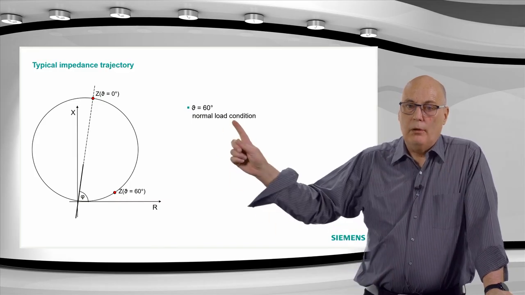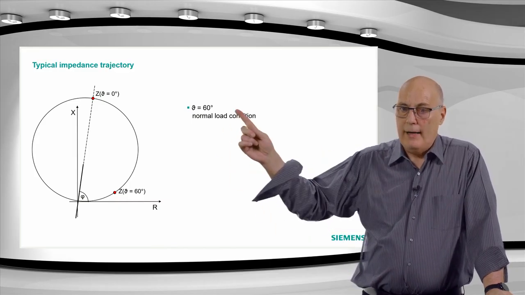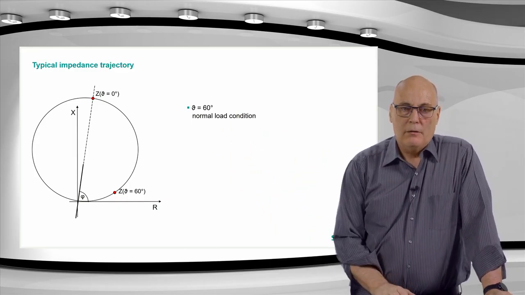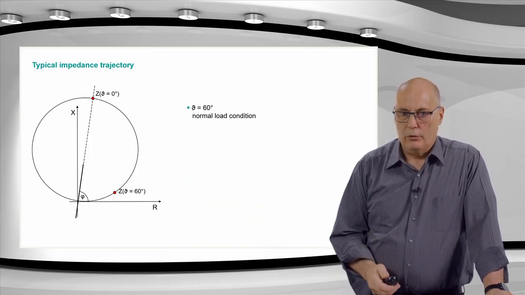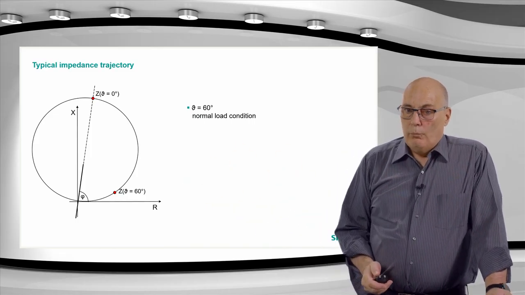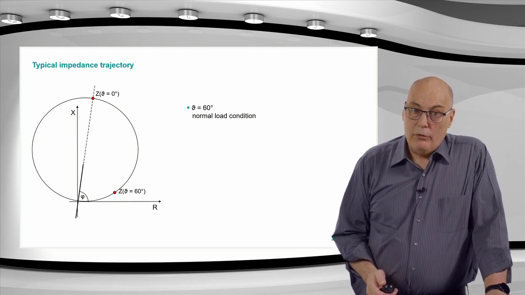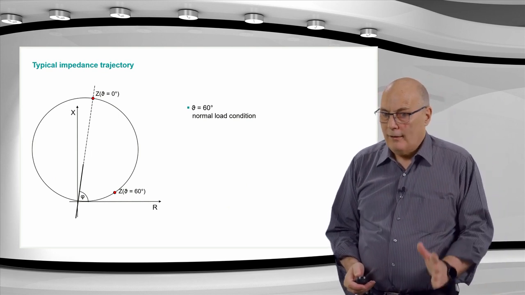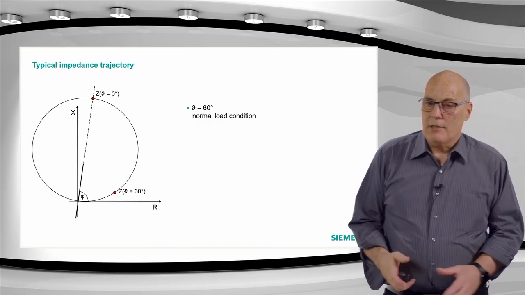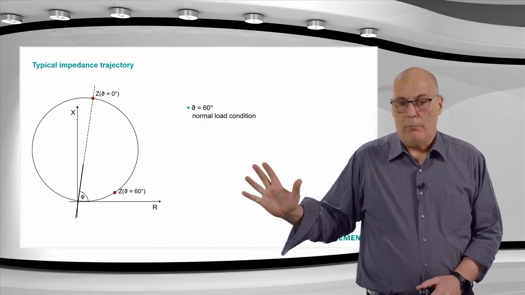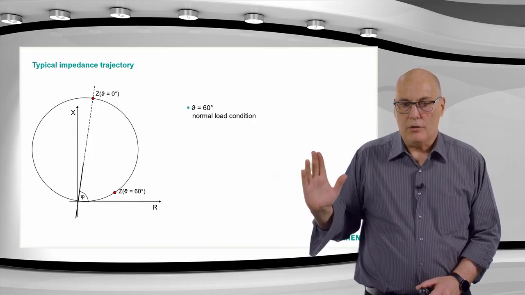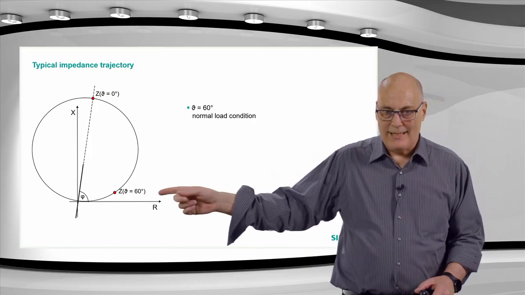A normal load condition, or not normal, very high load condition already. Remember I said 40 degrees would be normal load. 60 is a very, very high load condition. If we set our relay correctly, it would probably be either in the load cutout, but not in the reach of our distance setting. So our distance setting should not encroach into that. That's what we apply. We apply load encroachment, other factors to prevent the distance relay from seeing this inside its